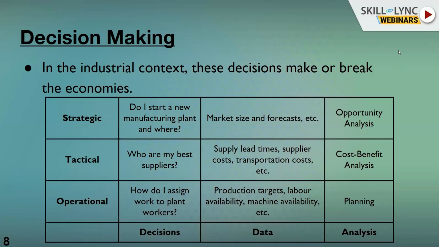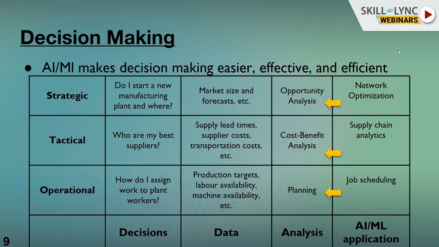But then again, the information here is all very probabilistic in nature, right? For example, who is going to say what your market size is going to be, or how many cars you are going to sell in the next decade or so, right? So this is all very unknown information. Because of these things, the decisions will typically make or break any industry, right? While some of these organizations succeed, the other organizations will drastically fail, and therefore they run into huge losses. So this is where the artificial intelligence or the machine learning solutions come into the picture.